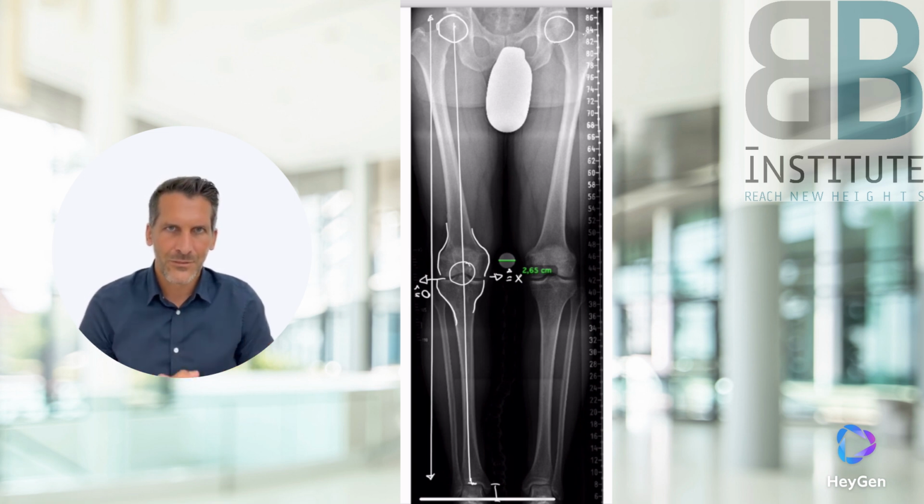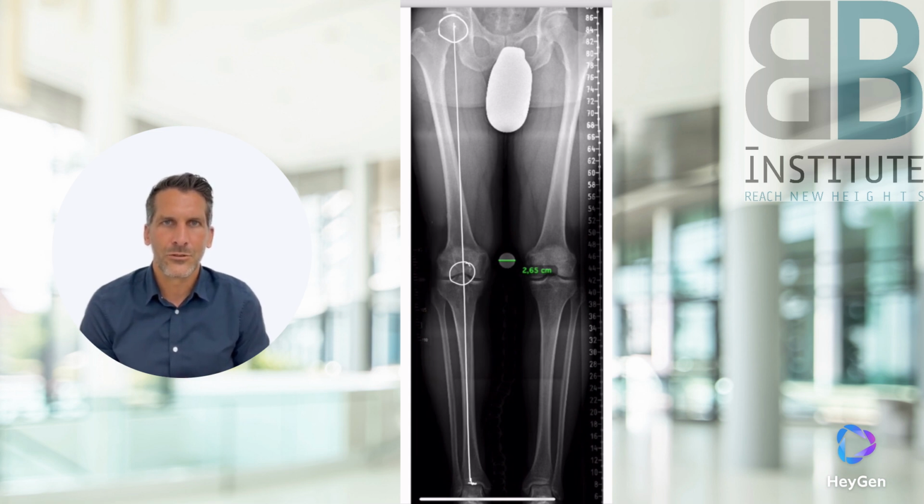The nail itself is inserted via the upper end of this tube without touching any joint structures. This means that with a so-called antegrade insertion, that means insertion via the hip area, neither the hip joint nor the knee joint is touched. The tube must be prepared for the size of the nail before it is inserted. And of course, the bone must be severed before the nail is inserted.